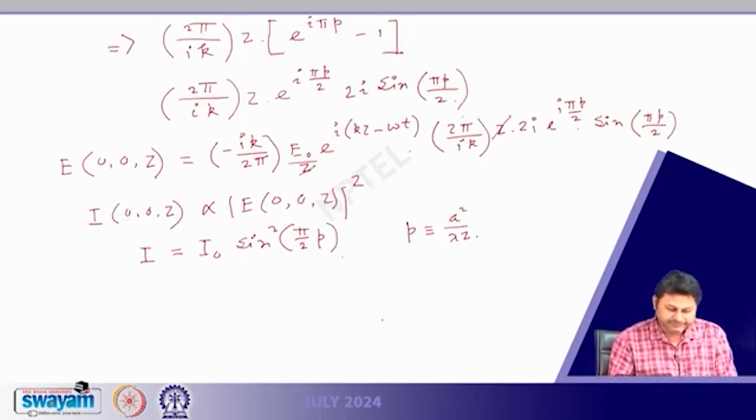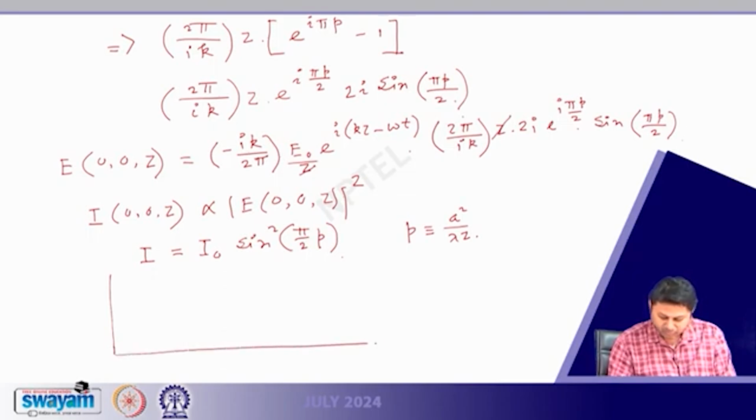So here, if I plot this, we are going to get an interesting kind of plot, and how the intensity is going to change over z. That is, I am plotting now